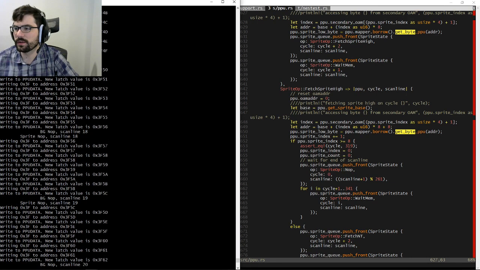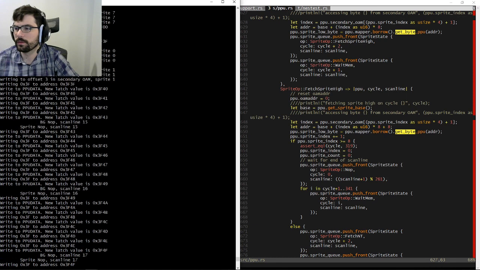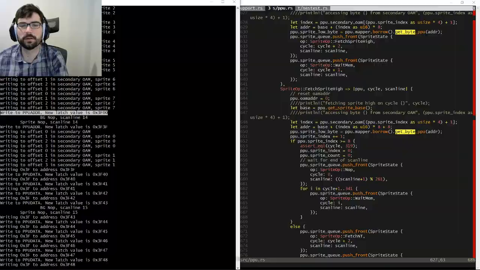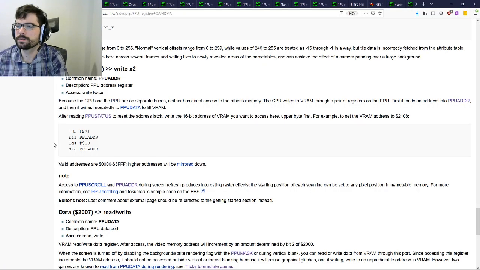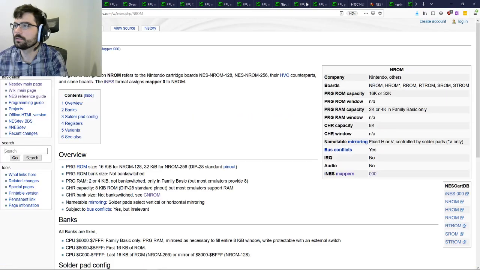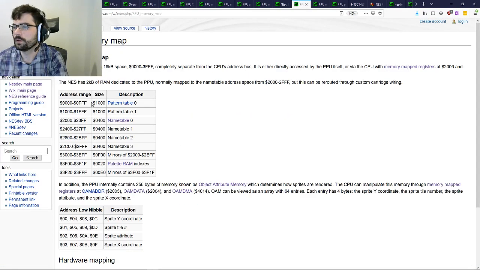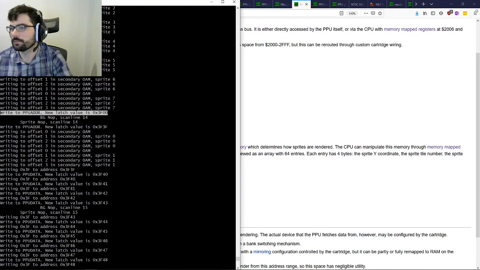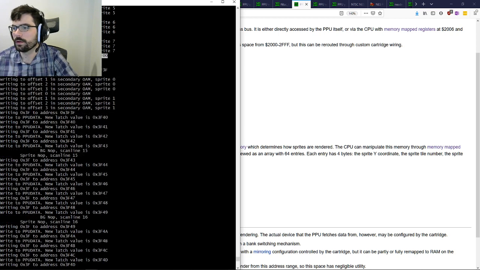It looks like we're kind of just going through. Right, so we write it at 3FF0, which is the palette RAM. So we're trying to fill in the palette RAM, I guess. Oh, that's interesting.